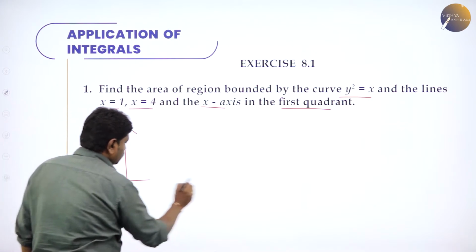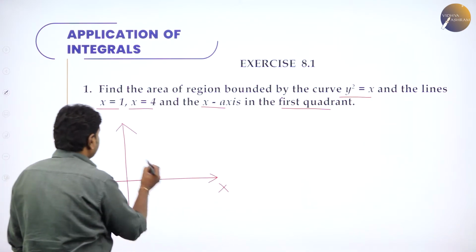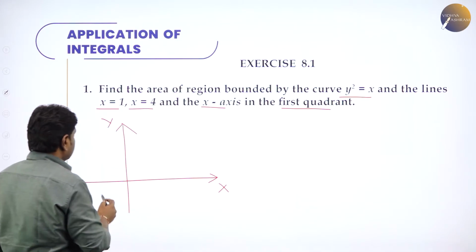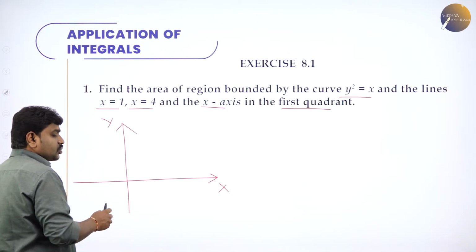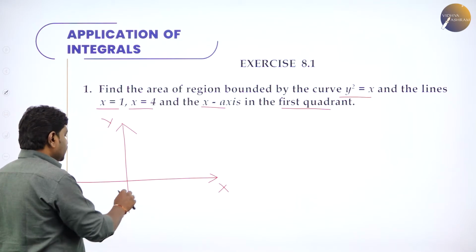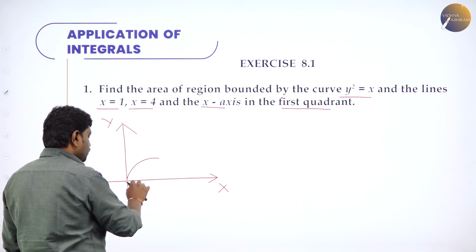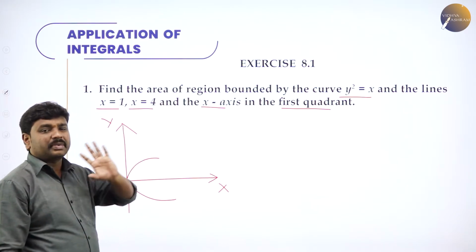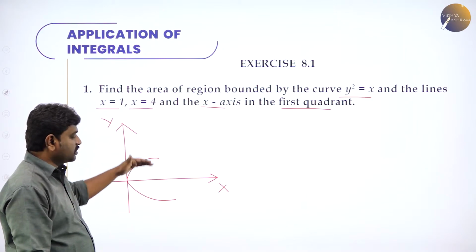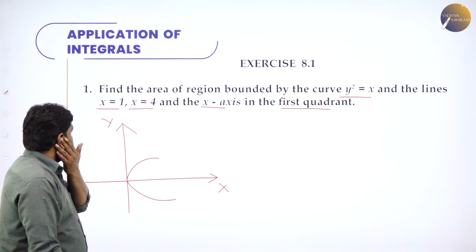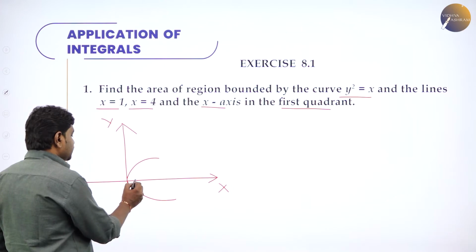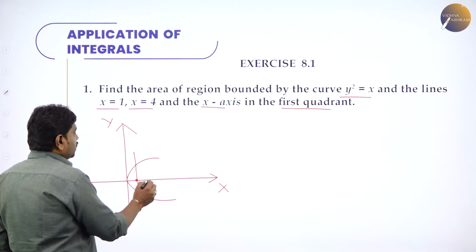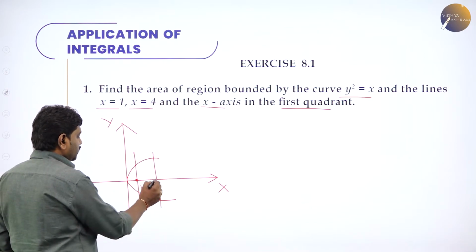So we'll take x-axis and we'll take y-axis. And what is the curve? Curve is y square is equal to x. See, x square graph is a parabola, and y square equal to x means it's a parabola. You learned in 11th conic. y square is equal to 4x is a parabola. y square is equal to x is a parabola symmetric about x-axis. And they gave two lines. x is equal to 1 on x-axis, at 1, I draw a line. On x-axis at 4, another line.